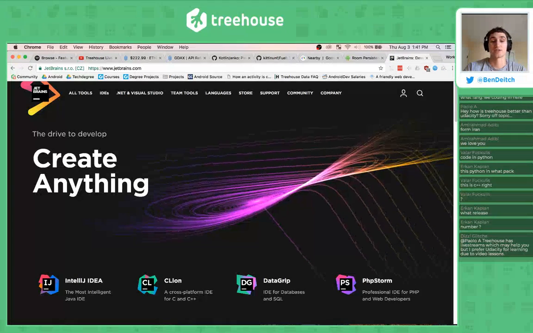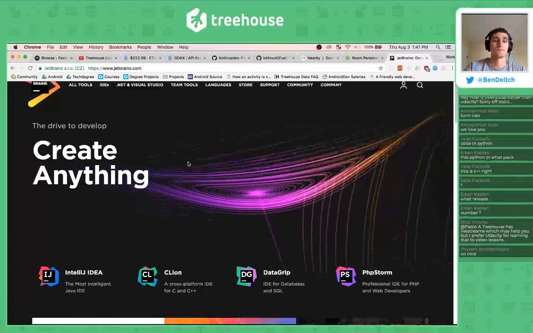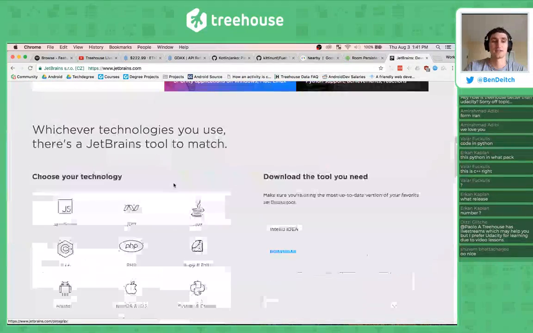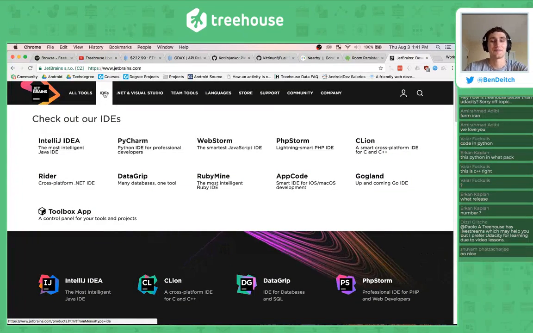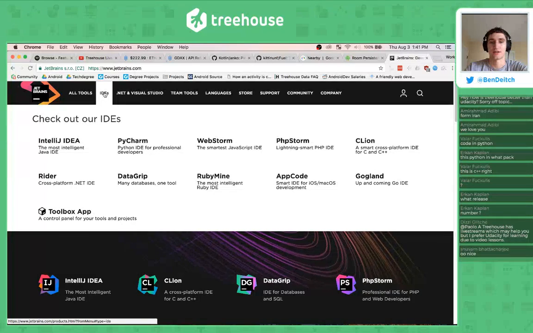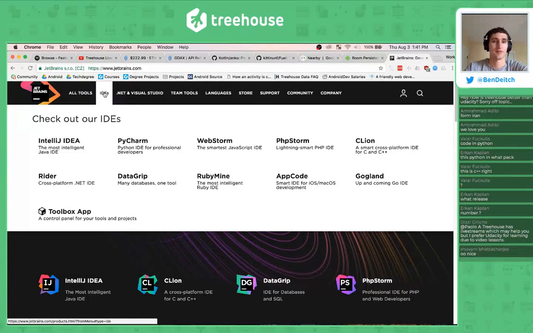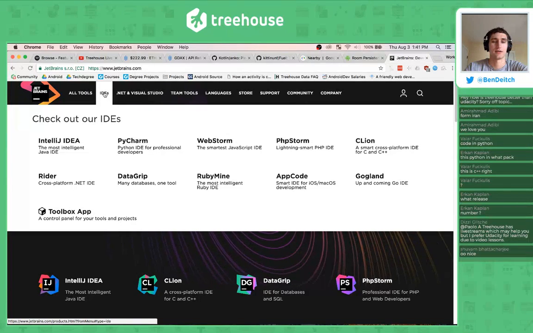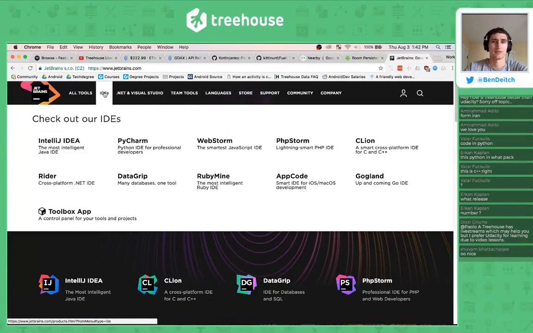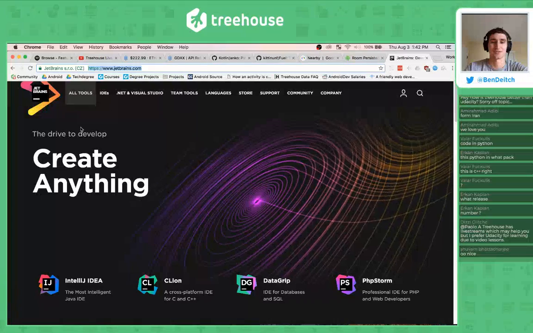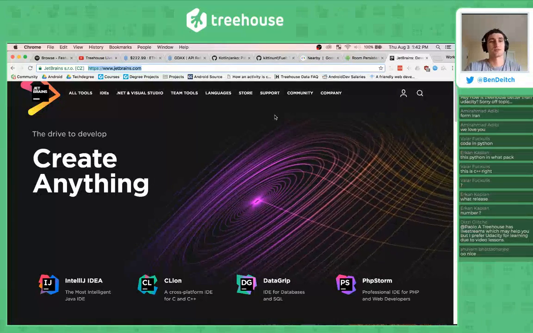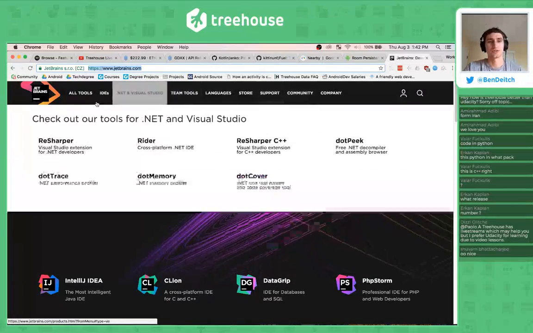and Android Studio is actually based off of IntelliJ IDEA, and they make all these other IDEs. Let's see if we can get a list. Yeah, so they make all these IDEs right here. I'm pointing with my fingers like you can see it. But they're awesome, and they're probably the most popular IDE maker in the world. And they've written Kotlin because they needed a more performant language than Java. And actually, I wrote a blog post about that just recently. So if you check out the Treehouse blog posts, I wrote a blog post on should you choose Java or